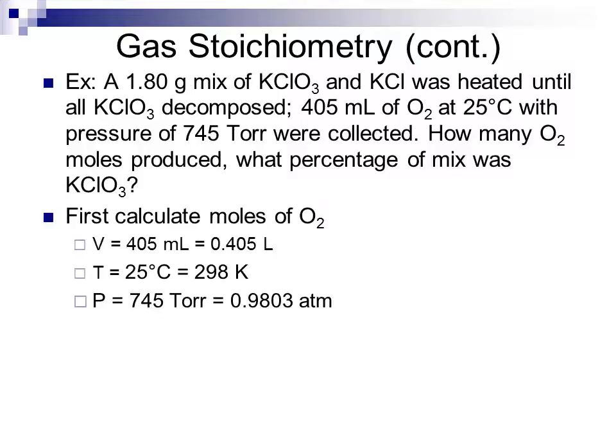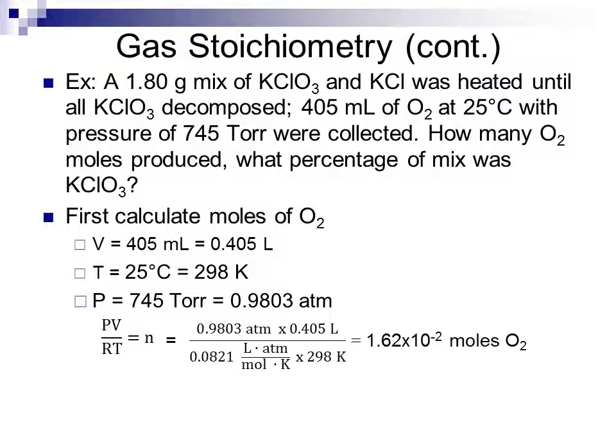Using this same setup, we can calculate the moles of oxygen based upon the properties. We know that there are 0.405 liters, 405 milliliters. Converting from 25 degrees Celsius to Kelvin gives us 298 Kelvin, and from torr to atmospheres is 0.9803 atmospheres. We can plug this into our ideal gas equation, solving for n, so that 0.9803 atmospheres times 0.405 liters divided by the ideal gas constant times 298 Kelvin gives us 1.62 times 10 to the negative 2 moles of oxygen